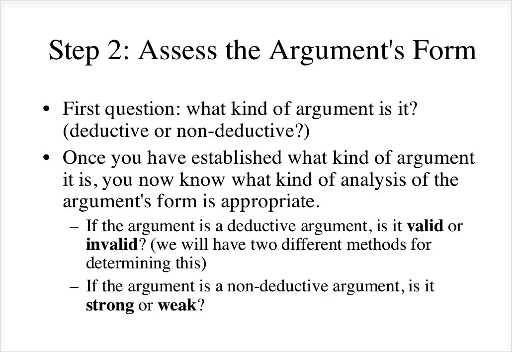If the argument is a non-deductive argument, we want to know if it's a strong argument or a weak argument. Unlike validity, the strength of an argument comes in degrees. So a deductive argument is either valid or invalid. There's no halfway point. There's no such thing as kind of valid. But a non-deductive argument can be very strong, kind of strong,